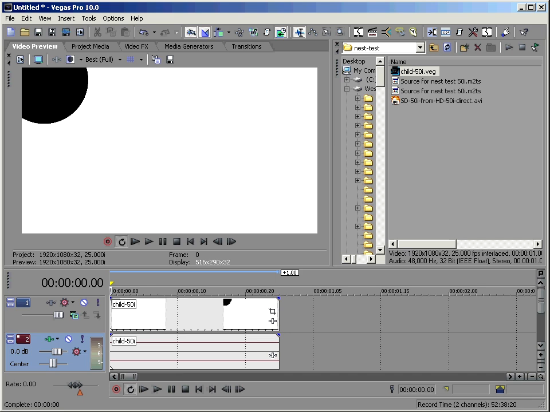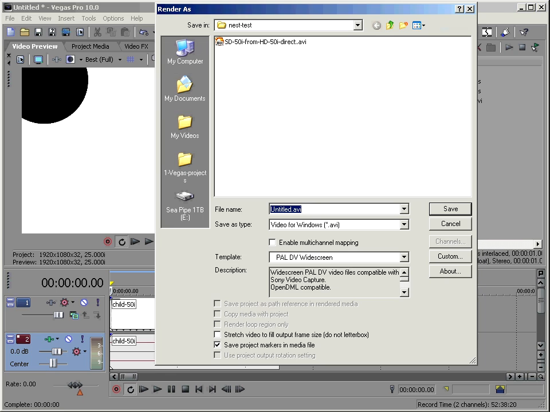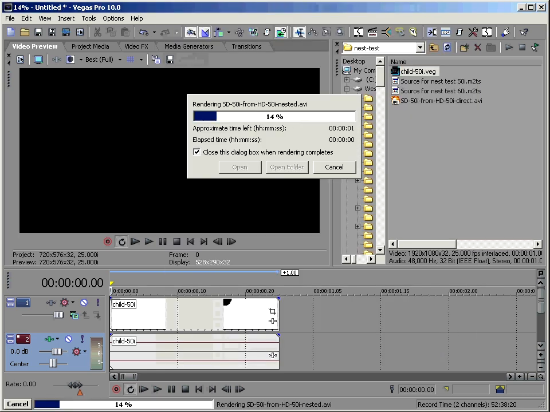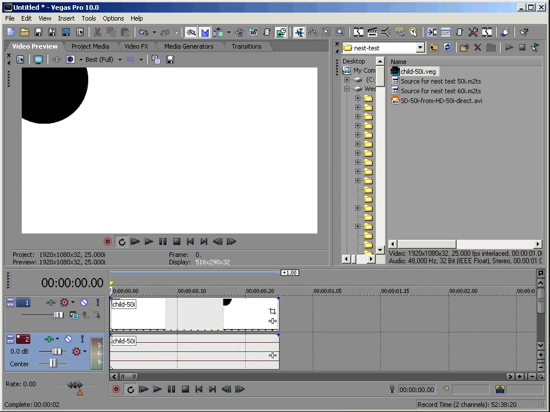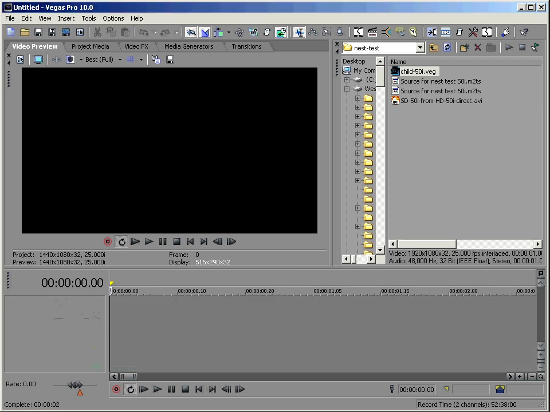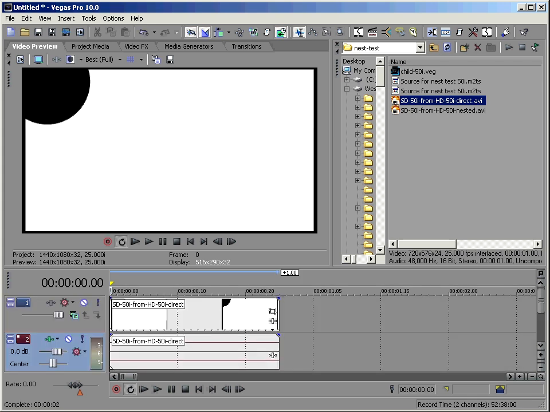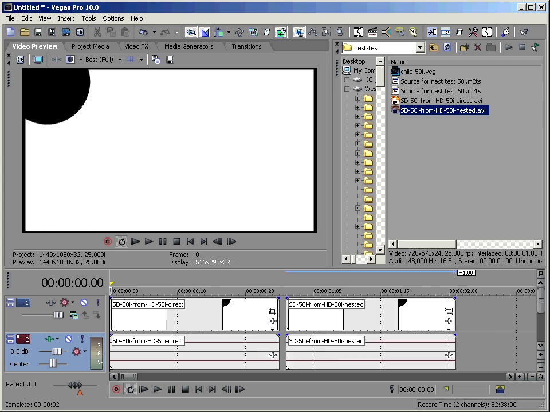And now let's render from the nested file. So again, PAL DV widescreen, and let's call it nested. Okay, now let's open a new project to look at the results. I won't bother saving. So let's drag our directly rendered file to the timeline, and let's drag the one that was rendered from the nested file, the nested project,